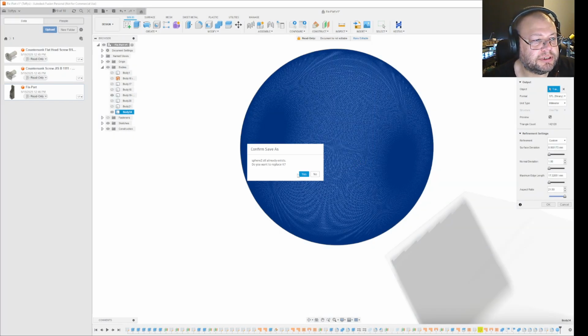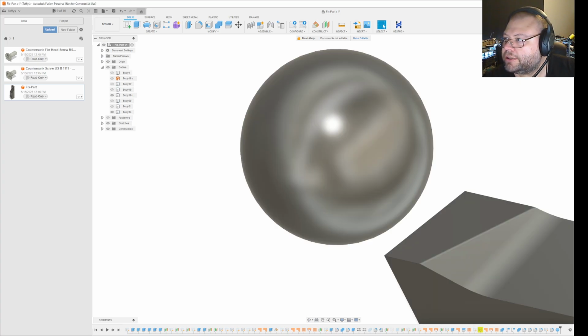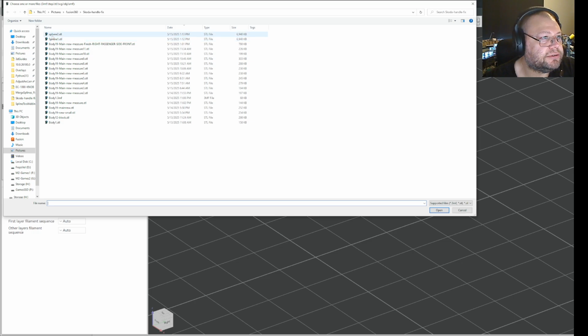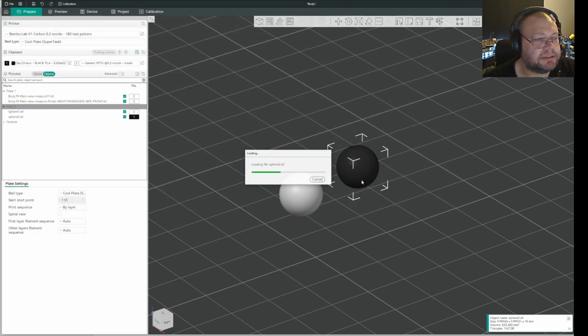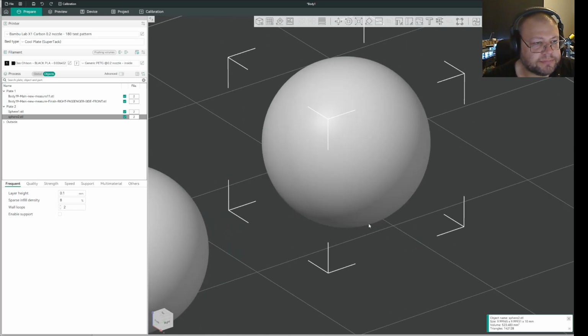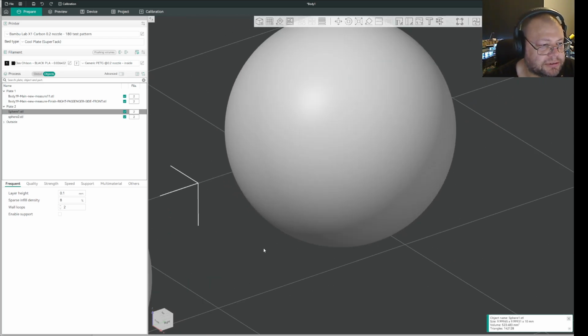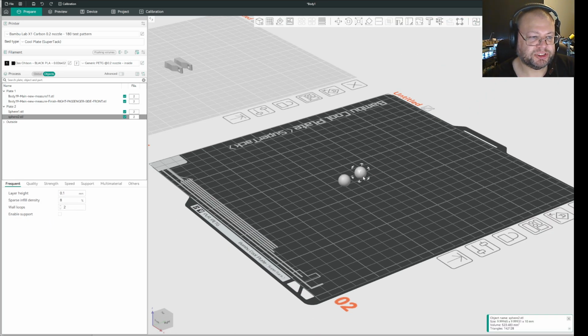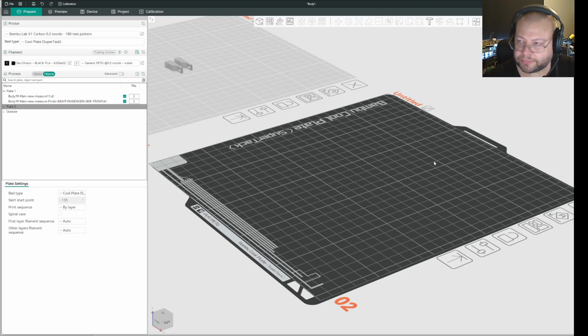Save. Yes. And I'll just go back to Orca. Sphere 2. It's still the same size. So I honestly don't think it really mattered that much. But on my object, it really mattered a lot, because I could get a higher resolution object out. So thought I would share that with you guys, and